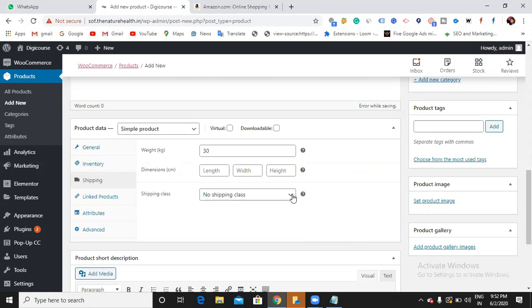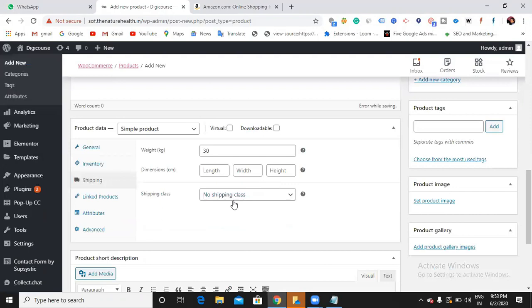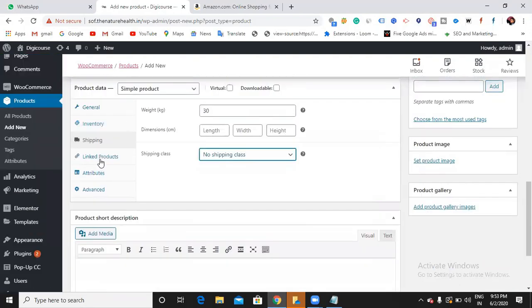One is for heavy items, so if it is a heavy item, you can give the shipping class as heavy. As of now I'm not choosing any; no shipping class means it is a normal product. Okay, fine. Let us see these options later.